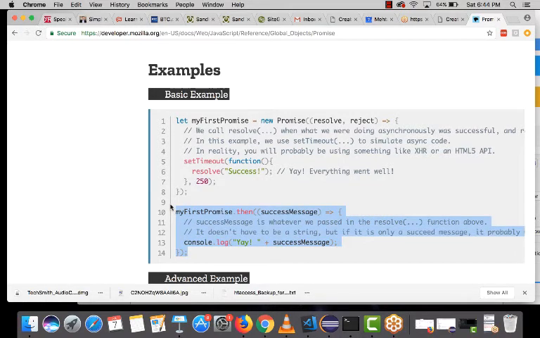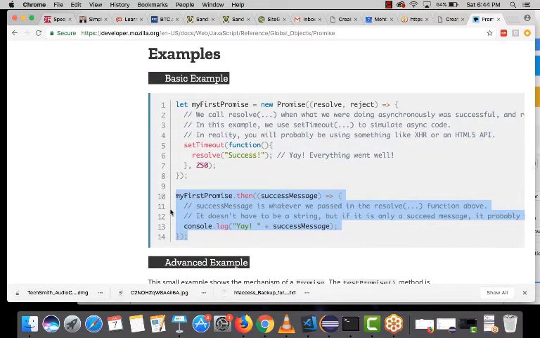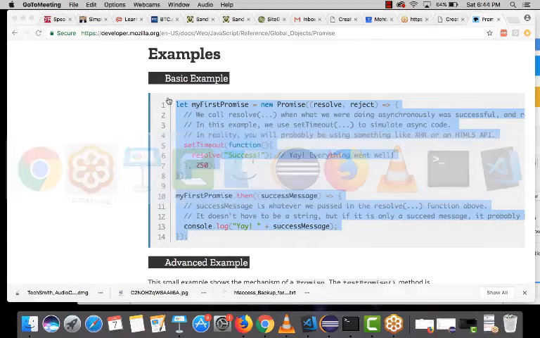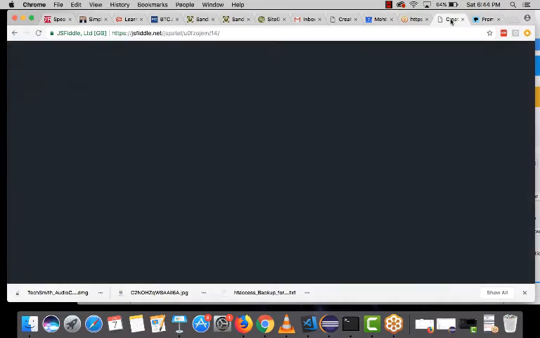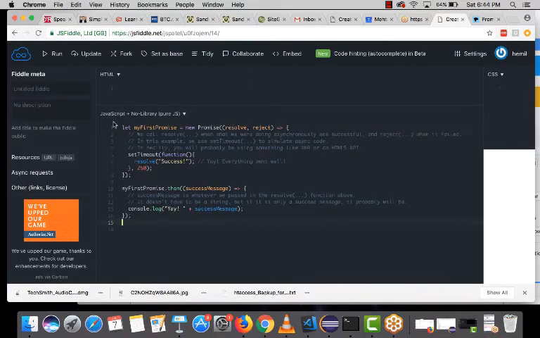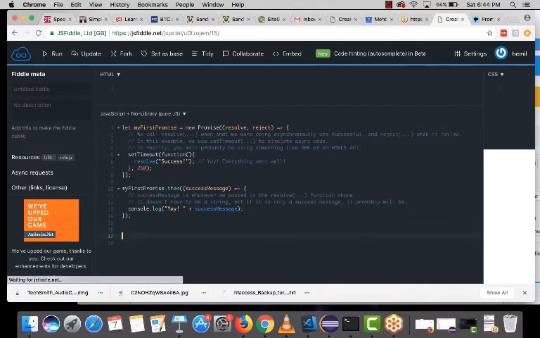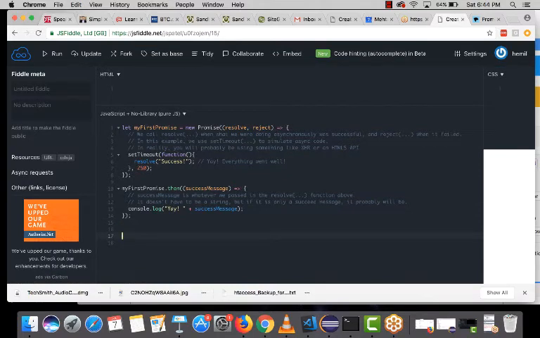Let's say there was some URL, and I have another, let's say, JavaScript HTML page, and this promise basically gets